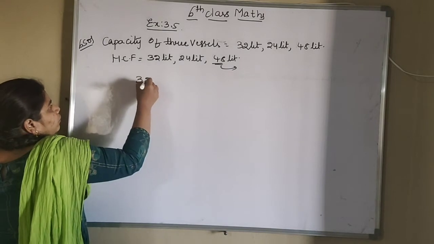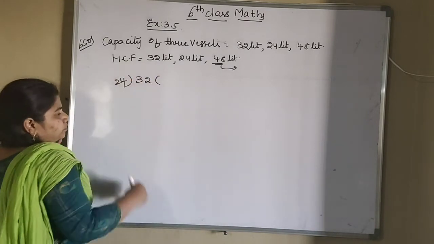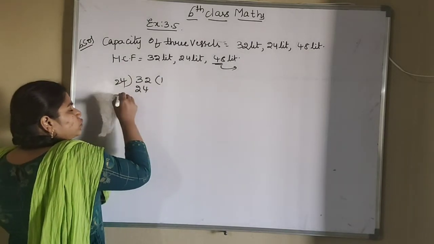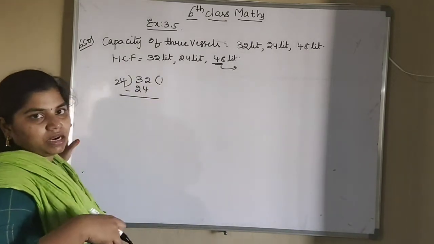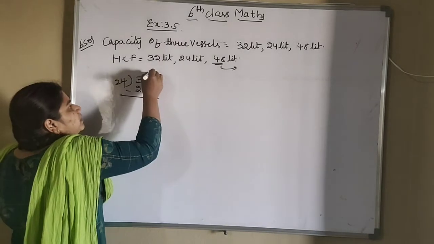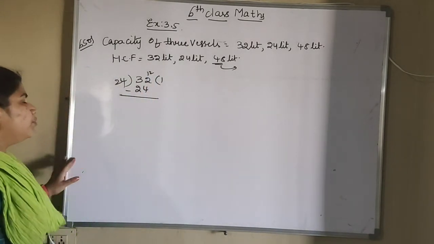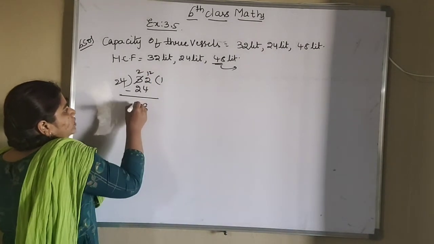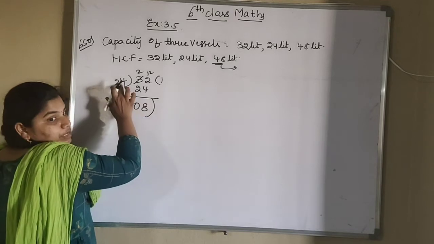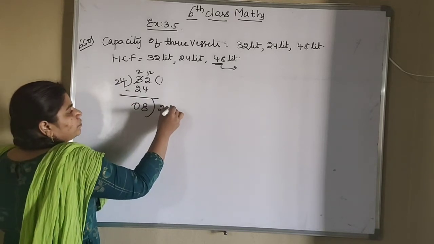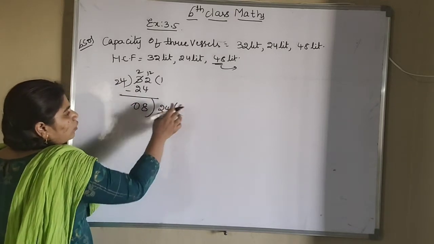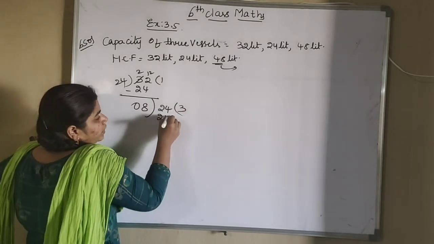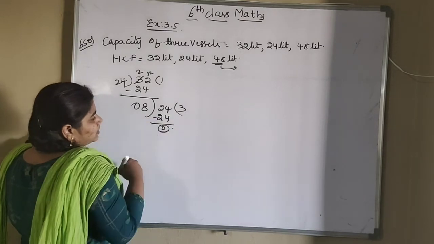With 32 we have to divide with 24. Now 24 ones are 24, because 24 2 times is a bigger number. Okay, so now subtract this. How much will it be? 12 minus 4 will be 8. Here it will be 2 0. Now this 24 you have to divide with 8 here. So 8 how many times will equal 24? 8 3s are 24. You got the remainder as 0.